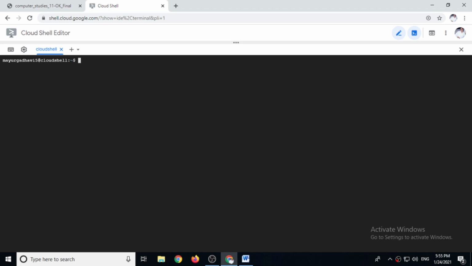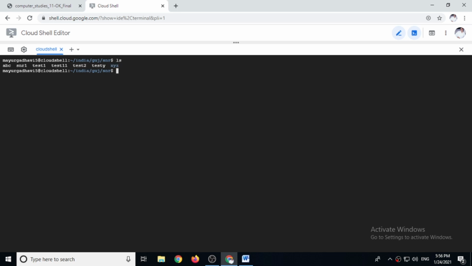Just now we are in our home directory, so let's move to our snr directory. Our files are there. So cd india/gujarat/snr. This structure we have created already, and here our files are there.